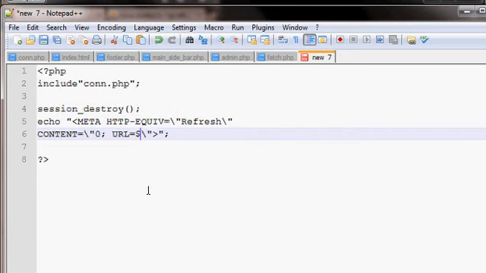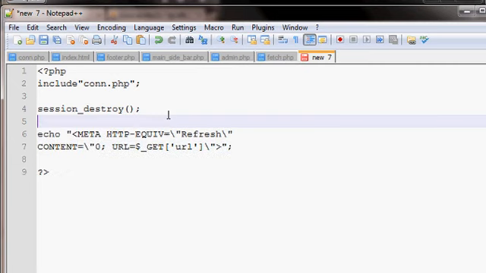And write a code like this: get. This is get from a link information, which is URL, and it will echo out to. It will refresh to the page that was clicked when the client clicked on the logout button. But we will echo it div align equals center div